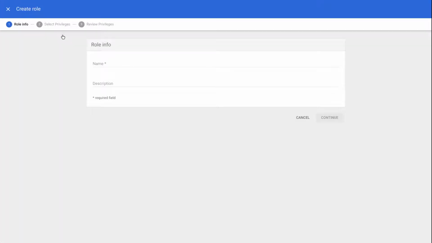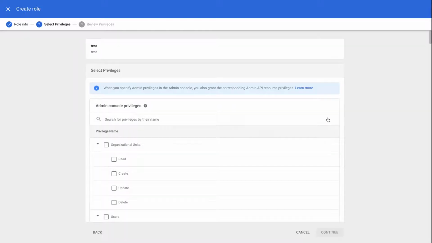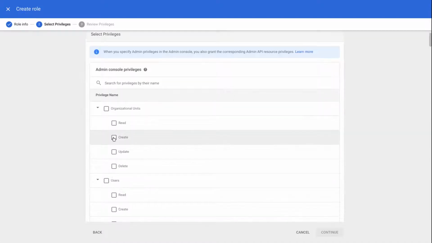For instance, you may wish to grant some staff members the ability to change an employee's password if it is forgotten. So create the profile, enter a name, click on continue, and select the right permission on the list. Click on continue, and so on.